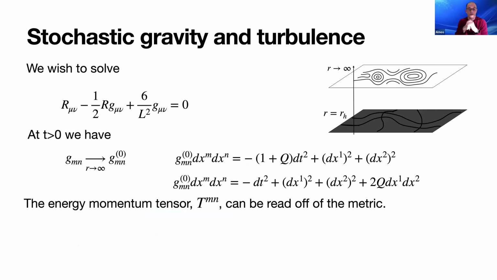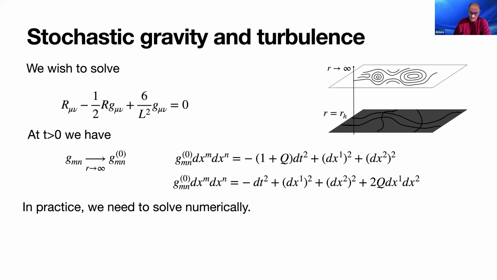Okay, there's an extra technicality that I won't go into. And then we can just read the stress tensor from the metric. Remember, there's this relation between the actual solution for the metric and the stress tensor of the associated fluid. So once we solve this set of equations, we can read it. And after averaging, we'll get the average stress tensor, and that should give us some insight into the fluid behavior. Now, you can't solve this analytically, so we have to resort to numerics.